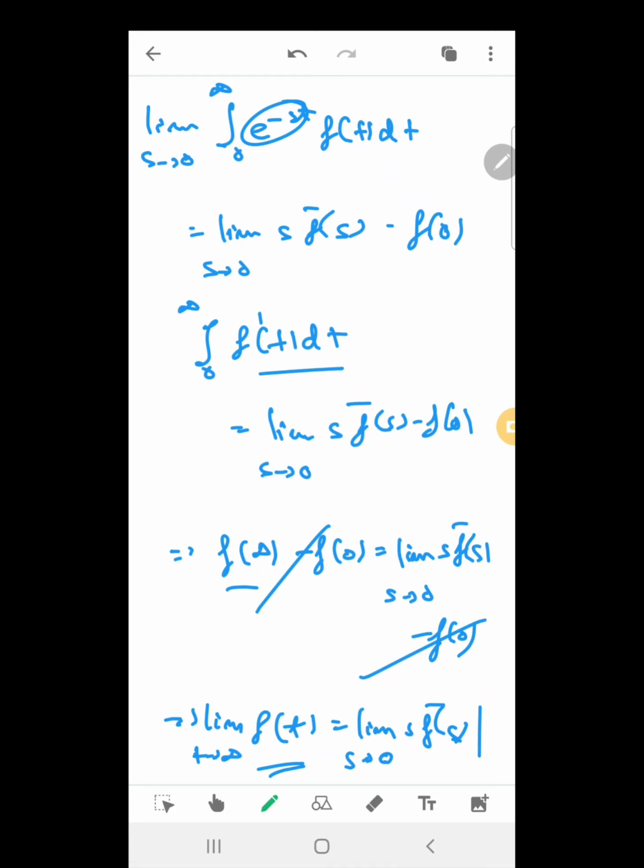Clear? Acha. In the next lecture we will be talking about the inverse Laplace transform, because without the inverse Laplace transform we cannot study the convolution theorem. But I am thinking of making you understand the Laplace transform of the error function, so I guess I can do it here. Let us complete this portion, then we will only be left with the inverse Laplace.